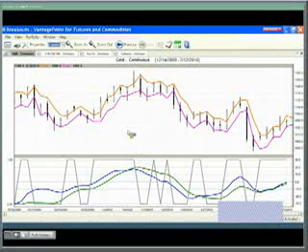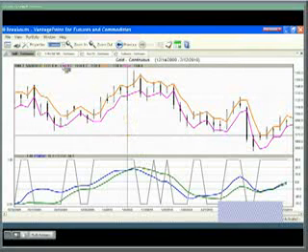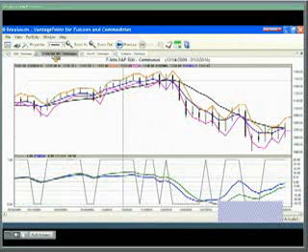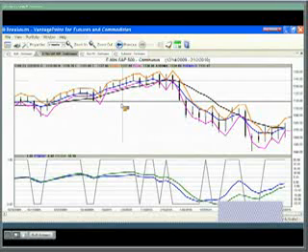Now we're going to go back to some other markets and look at some other charts, back at the gold market here, but we're going to look at a couple of others. Now, I can't look at all the various markets, but I'm going to look at a couple of the popular ones. The first one I'm going to look at is the E-mini. As you know, the E-mini is probably the most popular contract for traders. It's a very active contract, very liquid contract, so a lot of people look at it every day as a gauge of what is going on in the stock market.